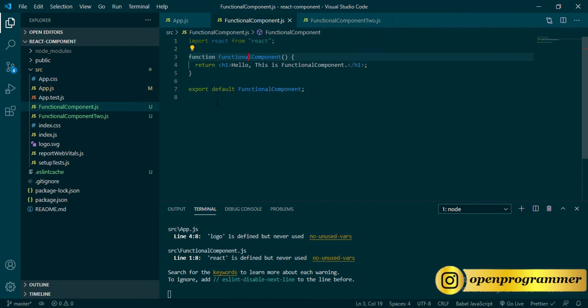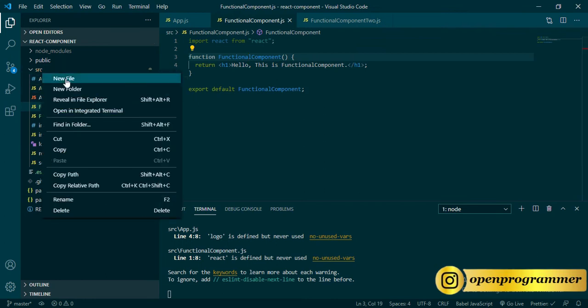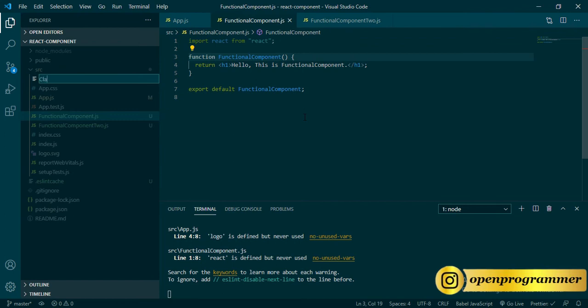Now let's create a class component. So in the source folder, create a new file, class component.js.